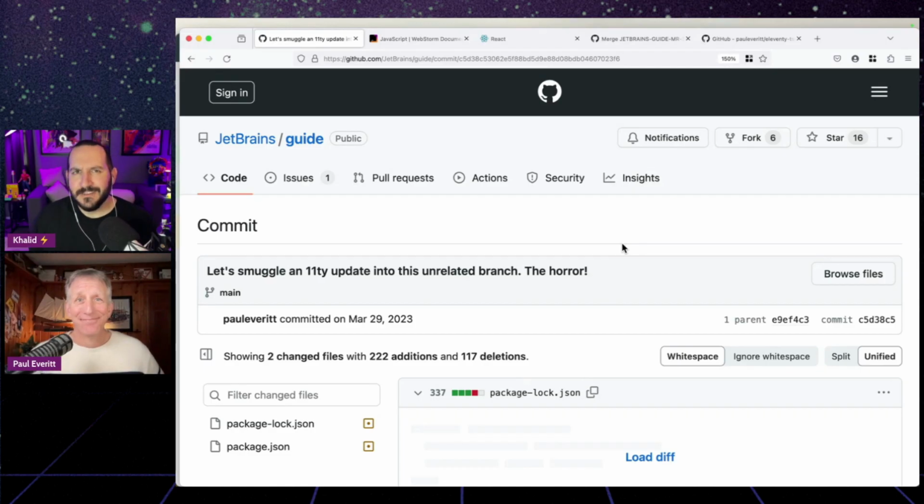So, as we said in the intro, Eleventy is a static site generator typically built with plain old JavaScript. There are templating languages like Nunjucks, Handlebars, even Liquid. So, why would you want to use JSX? Paul, take it away. This is part of a long running project that you and I have had at JetBrains